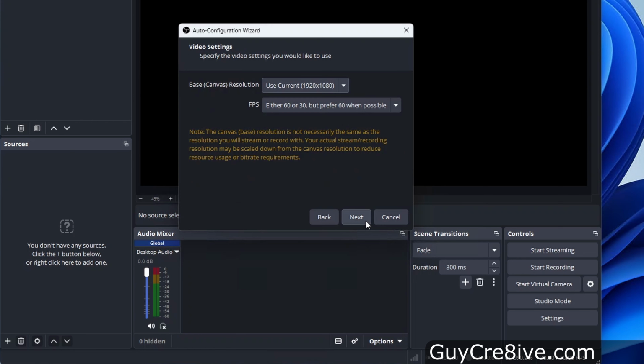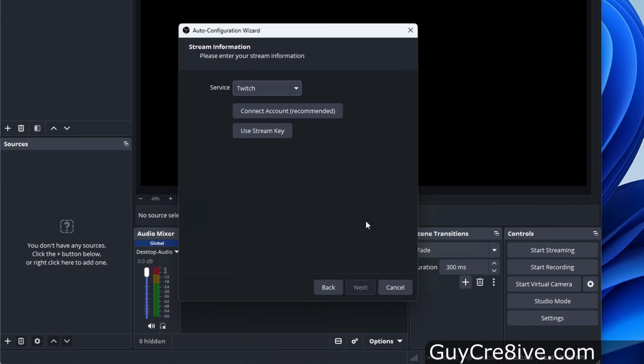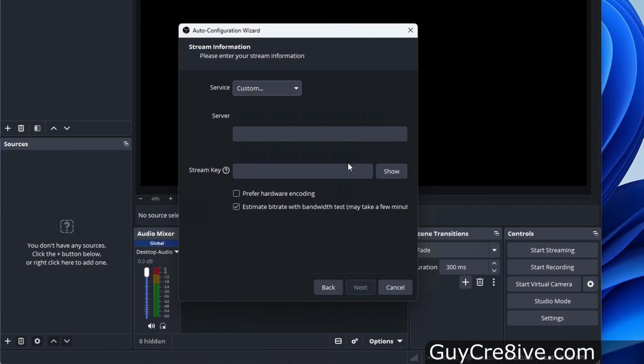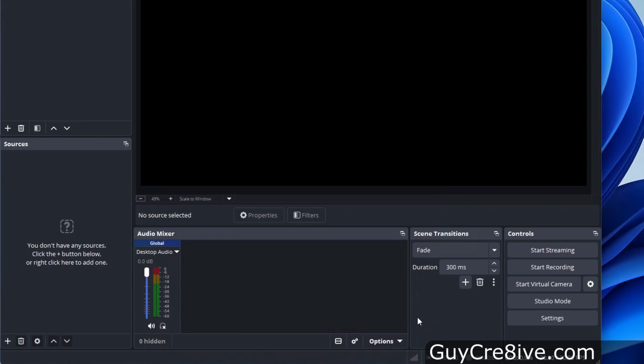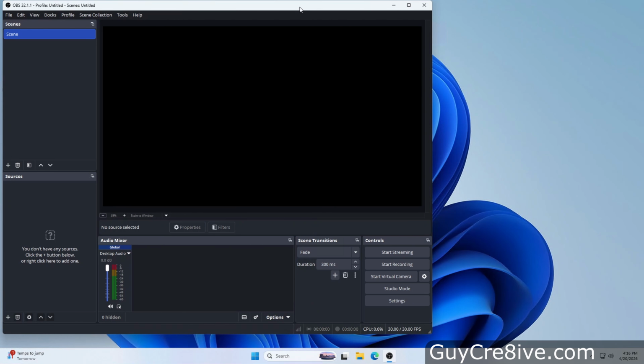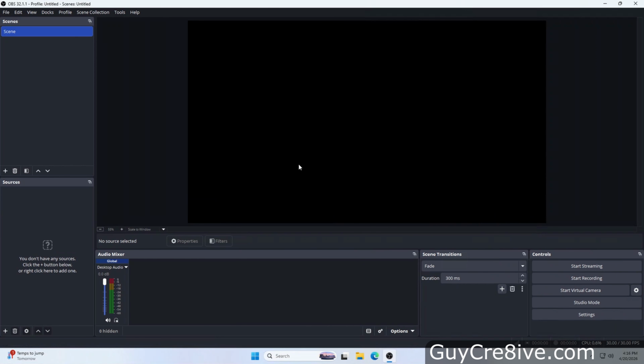And for the video settings, I will keep the default resolution of 1920 by 1080 and then click the next button again. Finally, the wizard will ask for my stream information, which it has presets for several popular services as well as a custom option, but I don't want to provide this, so I will just go down and click the cancel button. Now I will maximize the OBS Studio window by going up and double clicking on the header,